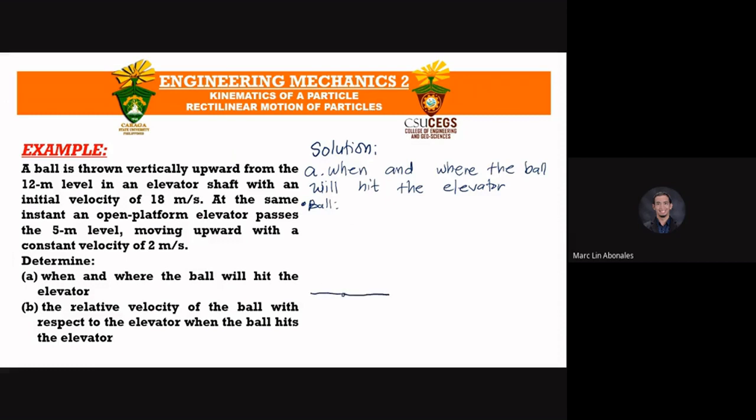it starts, we need to identify the origin. So origin is, it starts from the ground. And this is the elevator shaft. So this is the origin and this is the elevator shaft. So ang ball, ang iyang initial position is 12 meters. So that is measured from the origin. And its initial velocity is 18 meters per second. So it is based on the first statement in our problem. And as it goes upward,